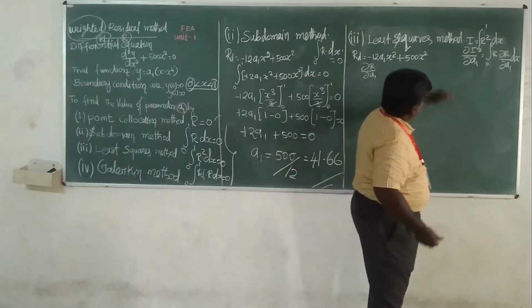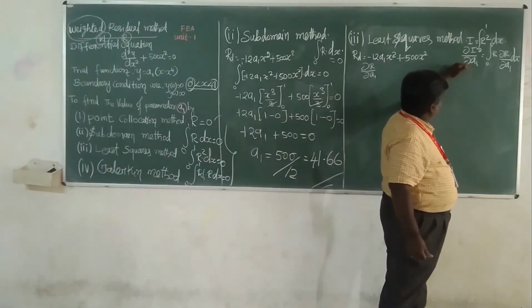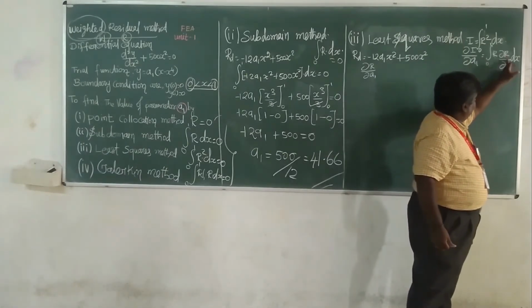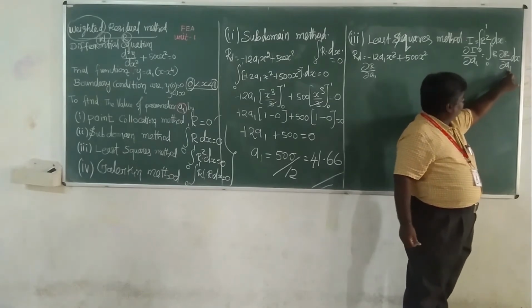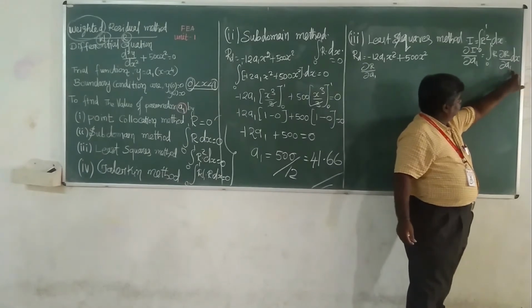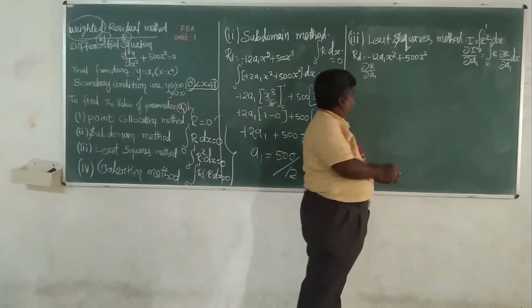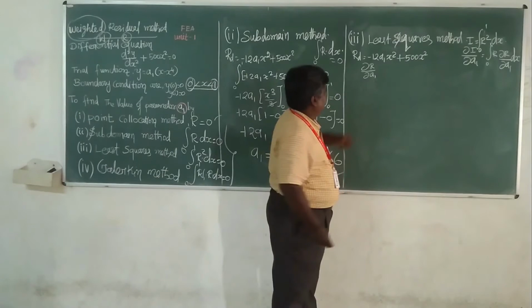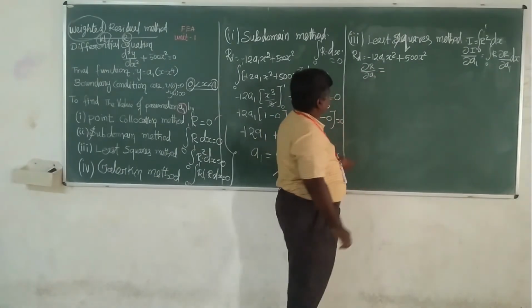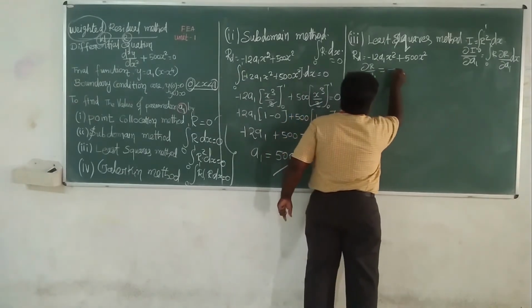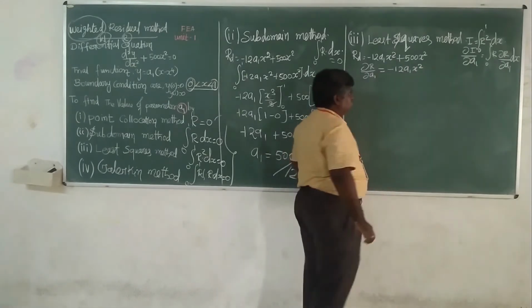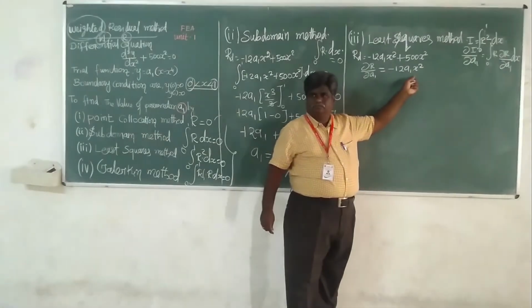So we can rewrite this formula as the integral of 0 to 1 of r into dou r divided by dou a1, with respect to the value we are going to determine, a1, into dx. First step, from the residual we have to calculate dou r divided by dou a1 equal to minus 12 a1 x square. This value is correct? Yes, sir.